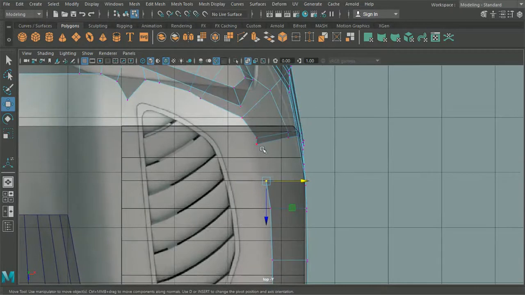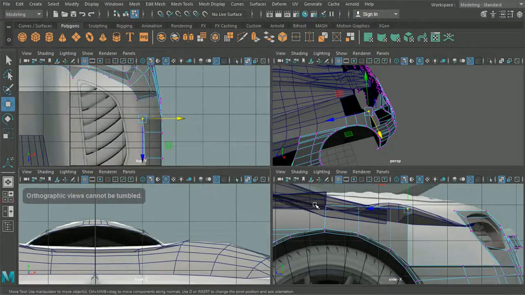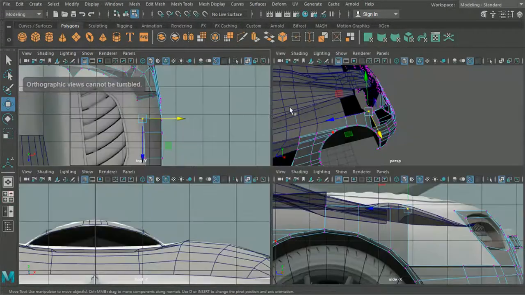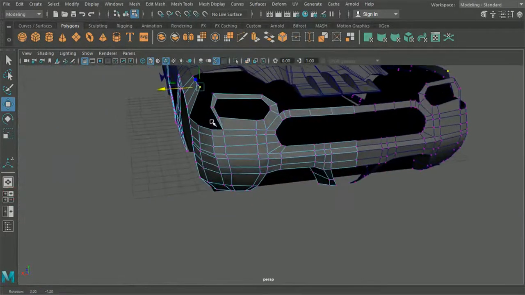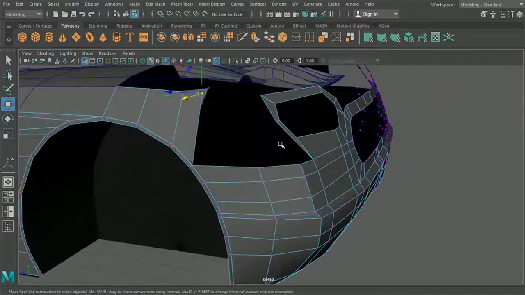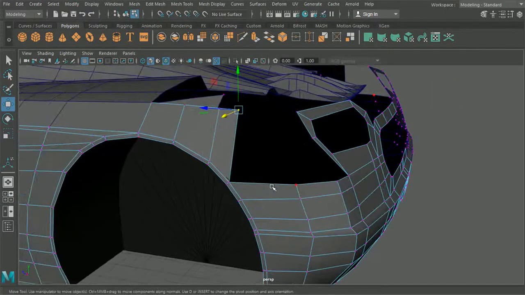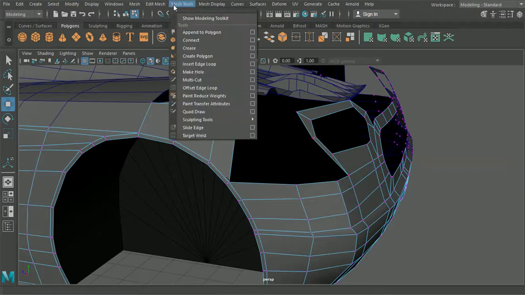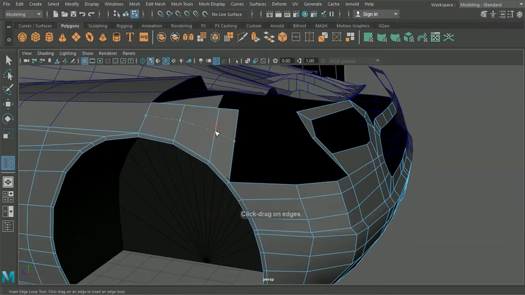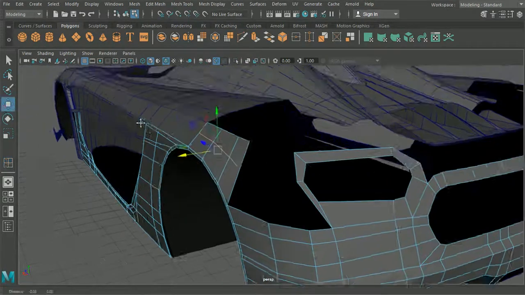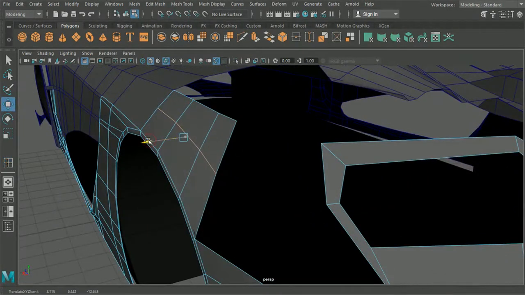Which will eventually meet there. Okay. That looks pretty good. Now, what we're going to need to do is we're going to need a line that's going to run straight down this edge. So we will insert an edge loop about halfway through, and then we're just going to pull that out slightly